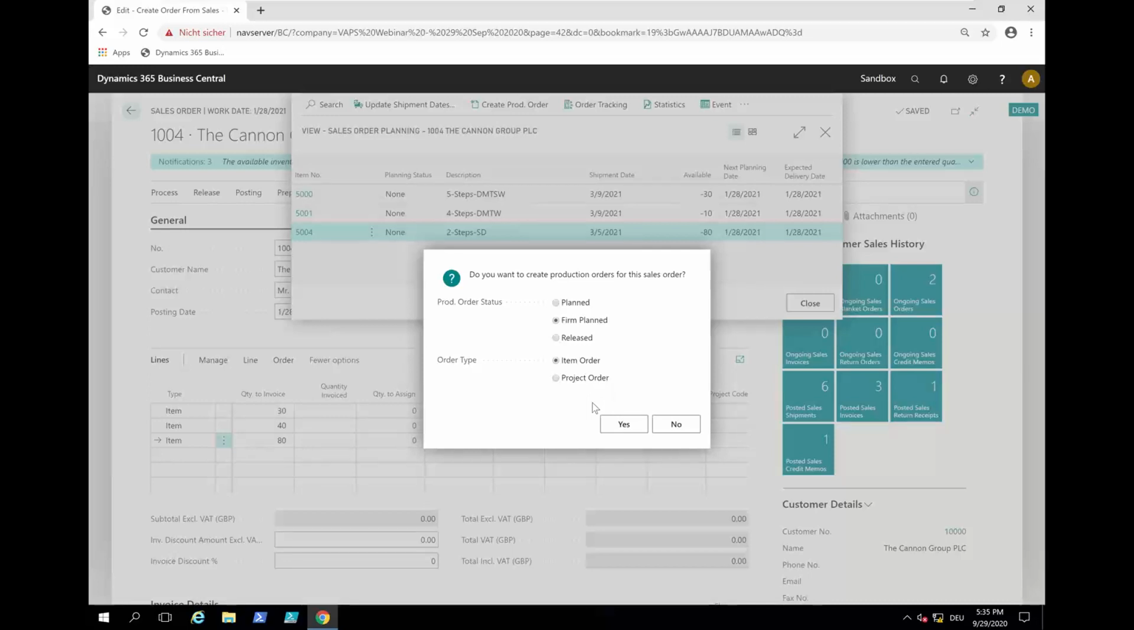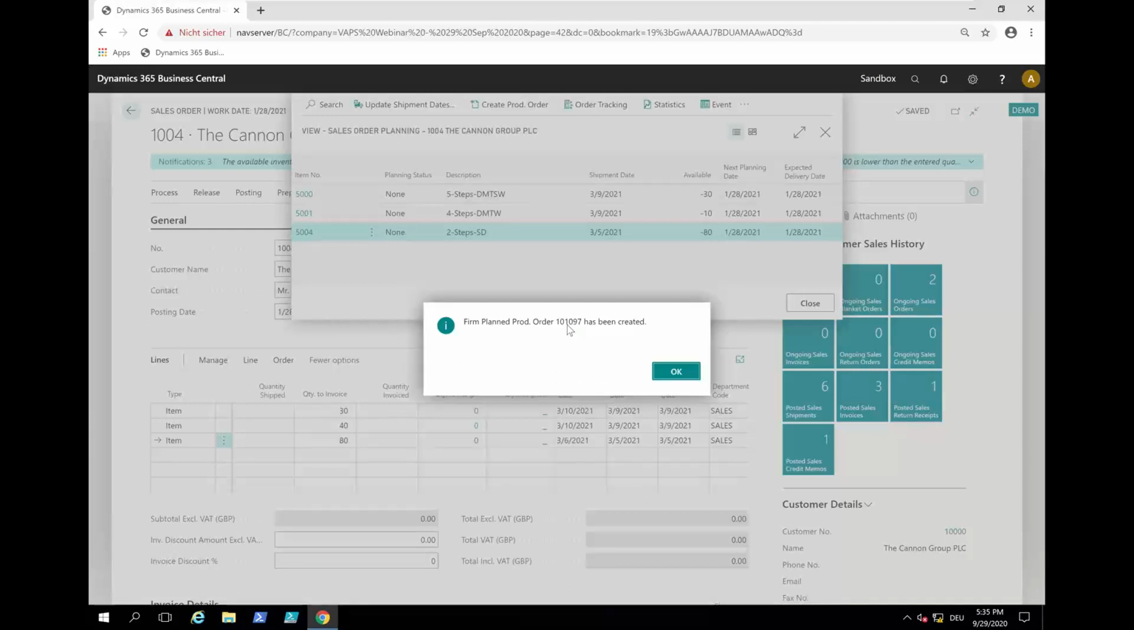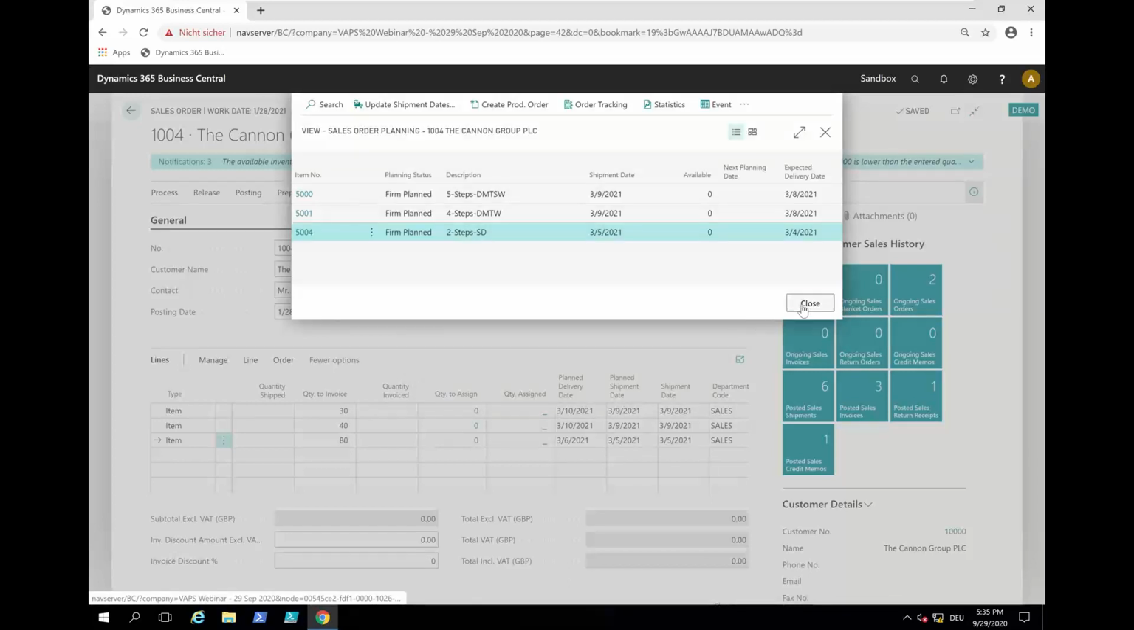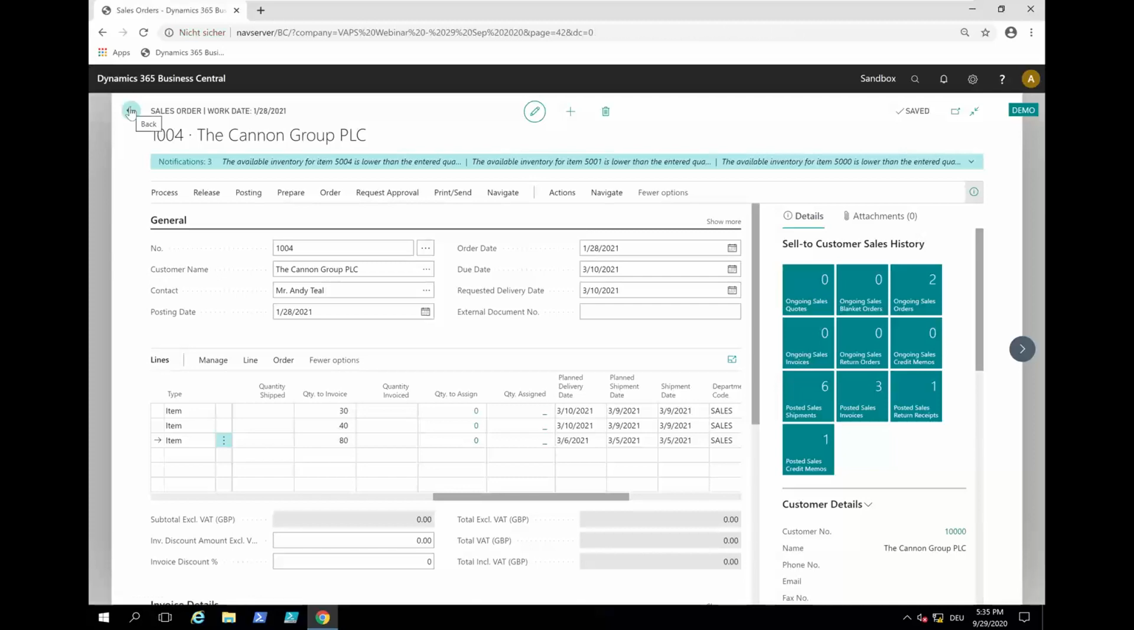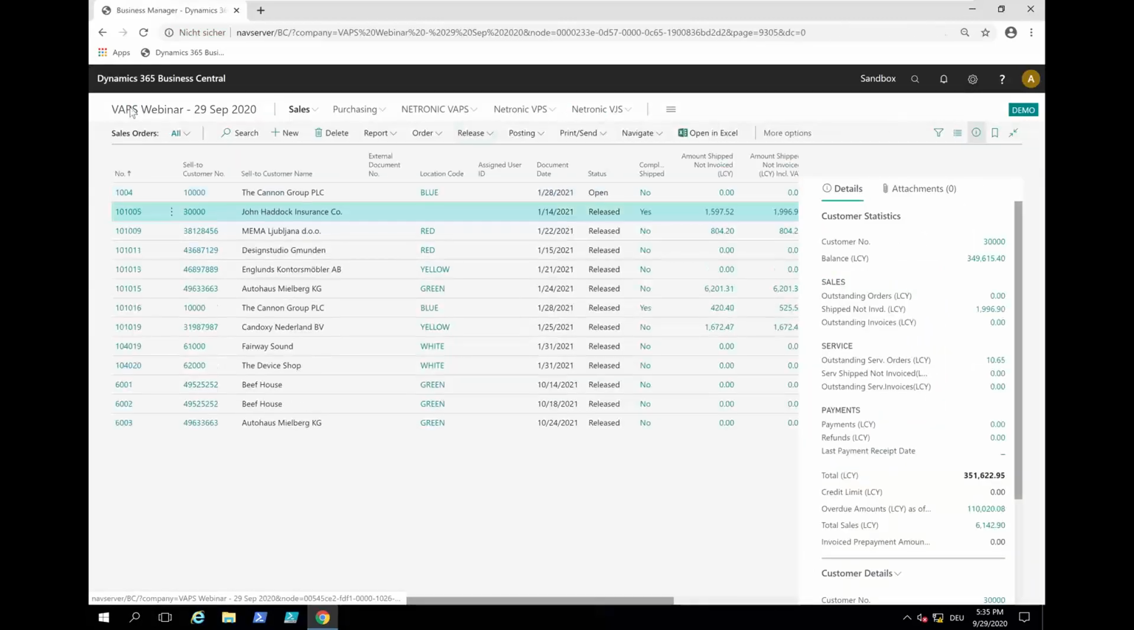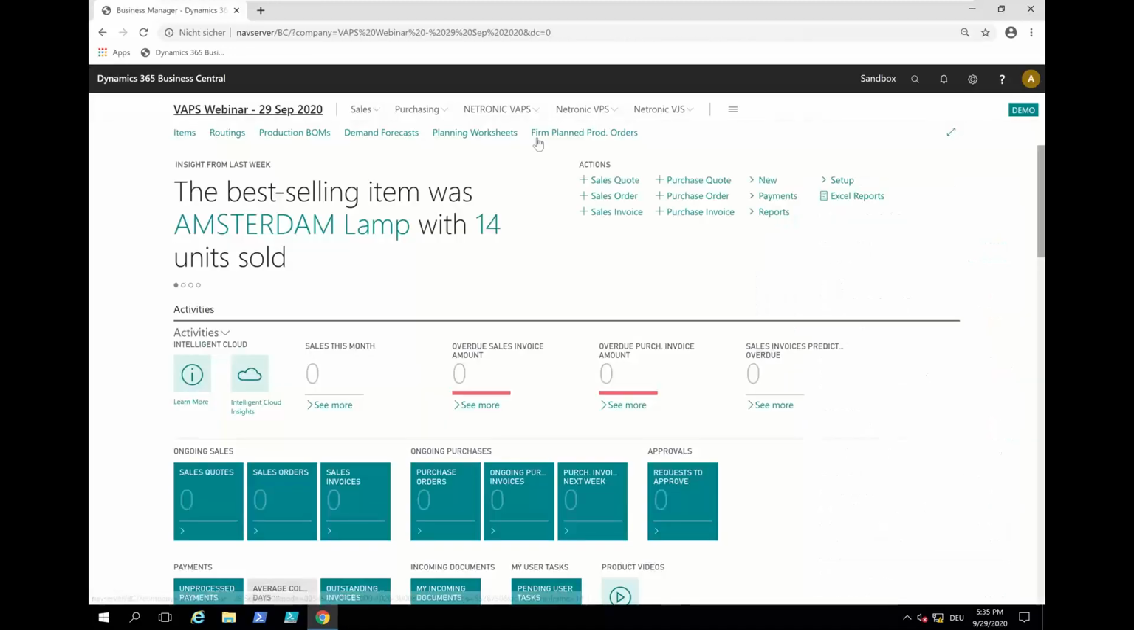Just for convenience in this demo, I'm creating a project order so that I have 3 production order lines within this one new production order, the firm planned production order that I'm just creating. So I now have production order 101097 that I created. And what I quickly do, so that we can find this production order easier once in the schedule,